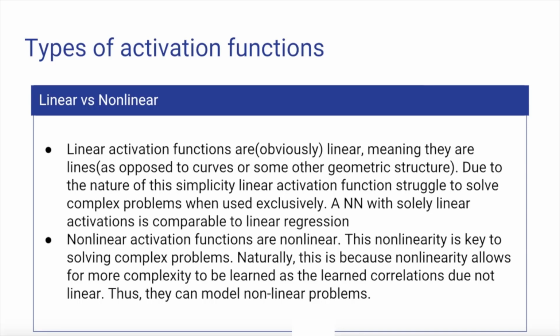And an important correlation to keep in mind is that a neural network with solely linear activations is essentially just doing linear regression. So if you ever wonder why not use linear activations in every single layer, it's because we're just doing linear regression then. So the majority of research and effectiveness of these models comes from nonlinear activation functions. This nonlinearity is key. Again, as I explained, you can't model nonlinear problems with linear solutions or linear representations. That just doesn't make sense, right?